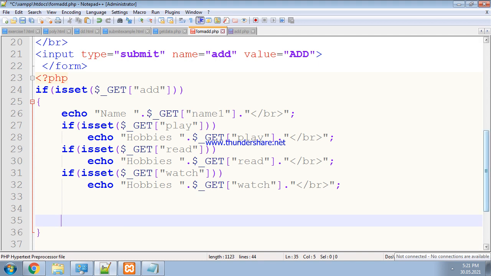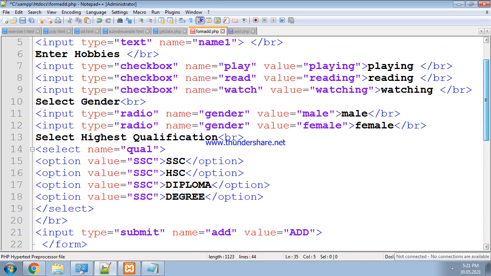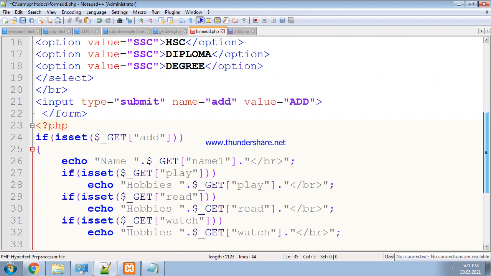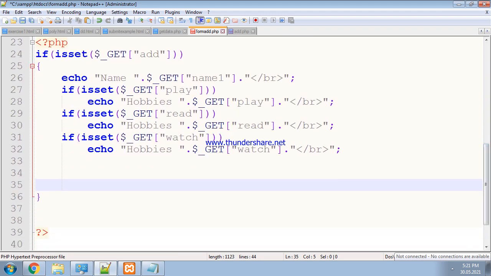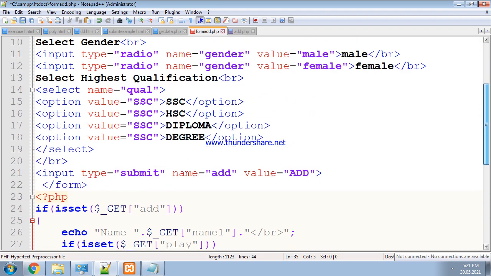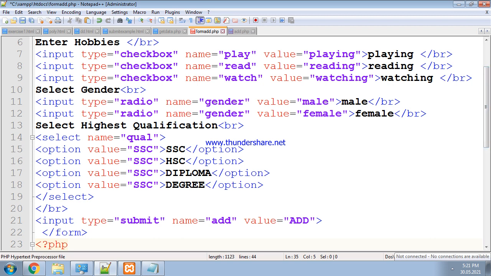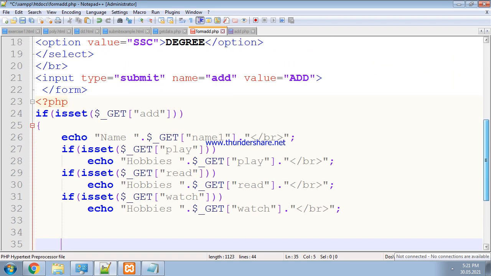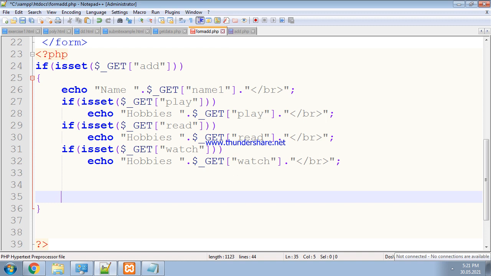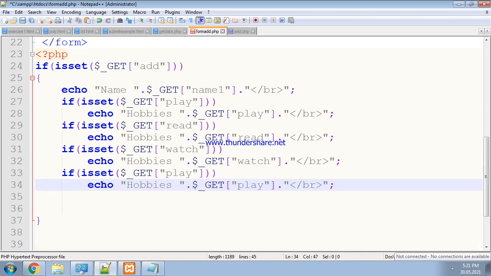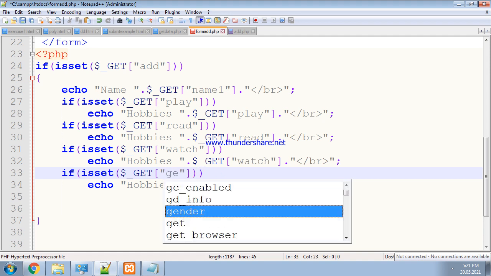What is the next part? Now we have to retrieve the value of gender. Gender will be any one of the options. Both the genders have the same name, that is gender, but the value is different. So the same part is used here, but here we have to write gender.